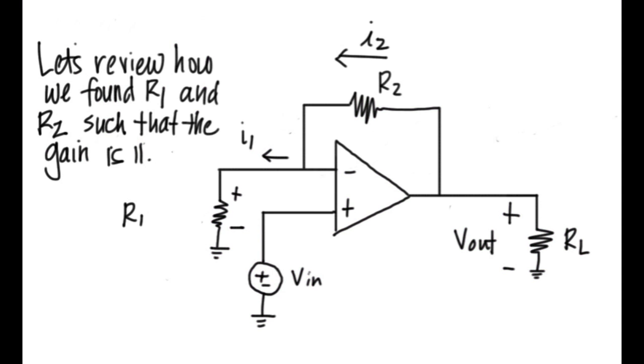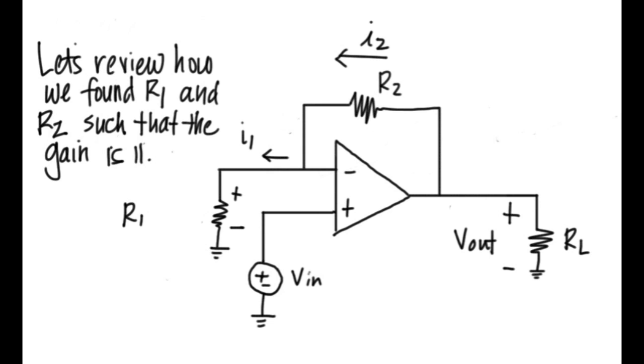So last week we designed a non-inverting amplifier, and the goal for that amplifier was for the gain to be 11. We talked briefly about the fact that there are many different recipes for op-amp circuits. One of them is for the non-inverting amplifier, and it's the diagram shown here. There's a resistor going from the negative terminal of the op-amp to the output terminal, as well as a resistor going from the negative terminal to ground, some voltage input at the positive terminal, and then some load resistor